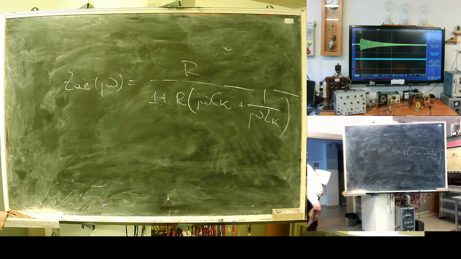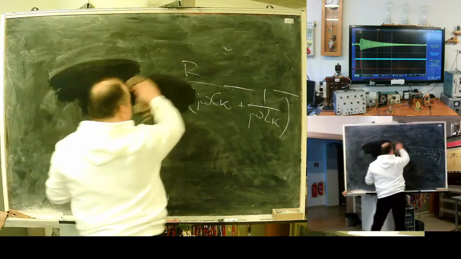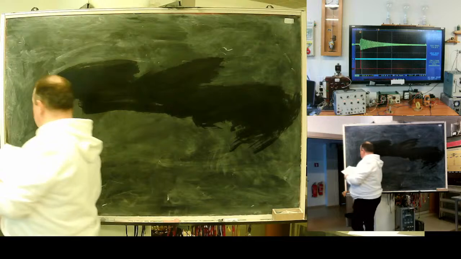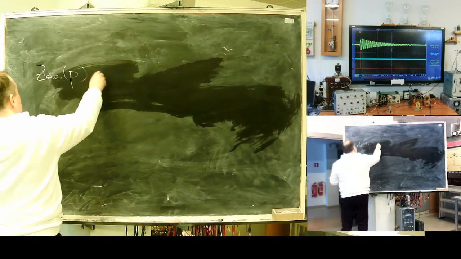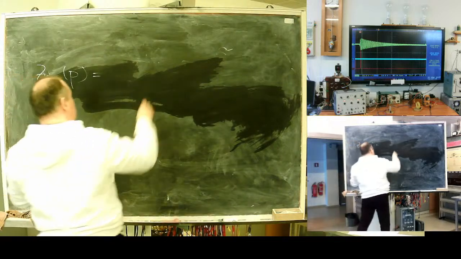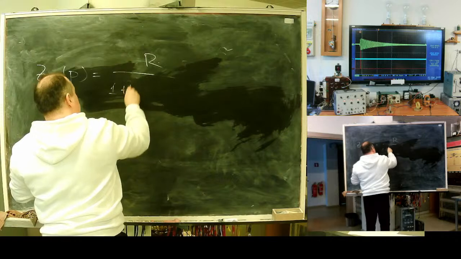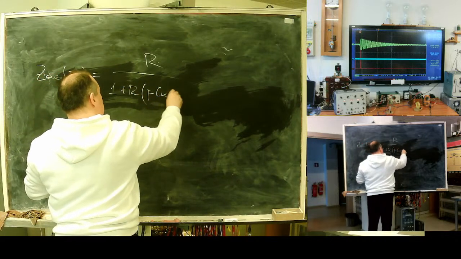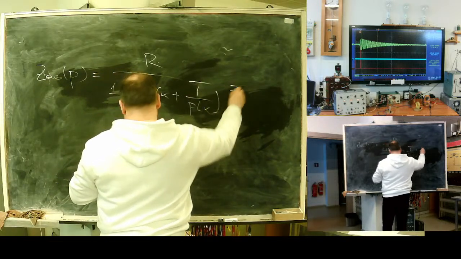I can write it in terms of Laplacian transform. What will I get? AB as a function of Laplacian frequency will be 1 divided by 1 plus R, p C plus 1 divided by p L, equals